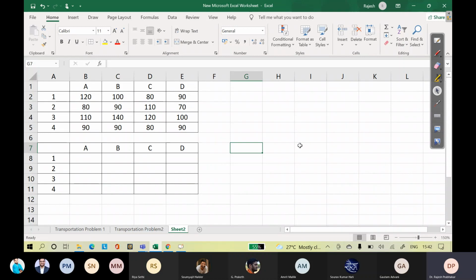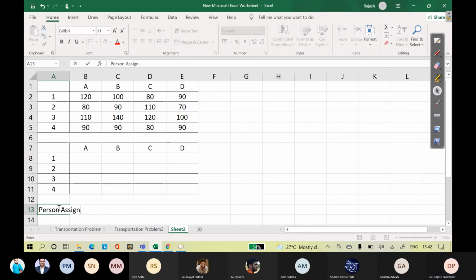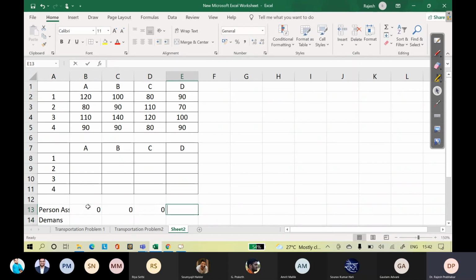Now, what we have to do is add person assigned and demand. Person assigned will be 0, 0, 0.